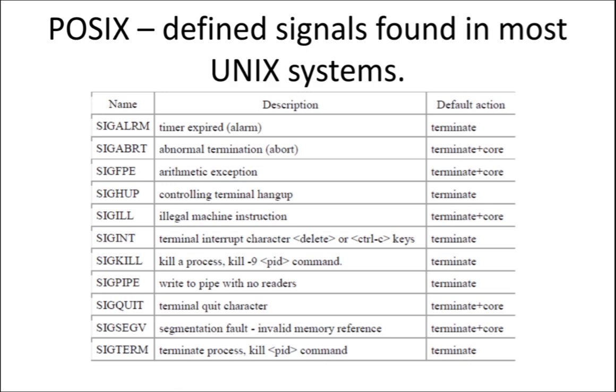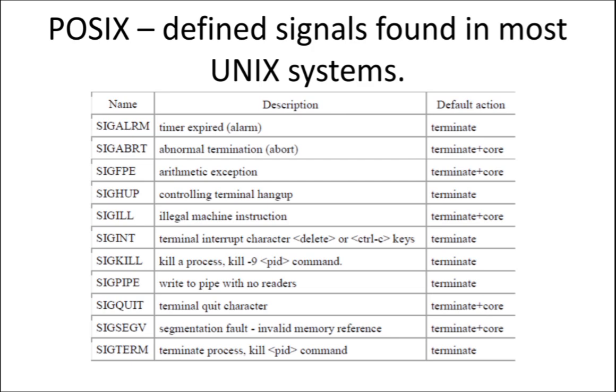The first signal is SIGALRM. When the timer expires, it needs to make a sound; the alarm should make a sound. What is the default action? When the timer has expired, it is going to terminate the timer. It's going to close the timer. SIGALRM: mainly to send the signal when the alarm or the timer has expired, you have to use the SIGALRM signal.